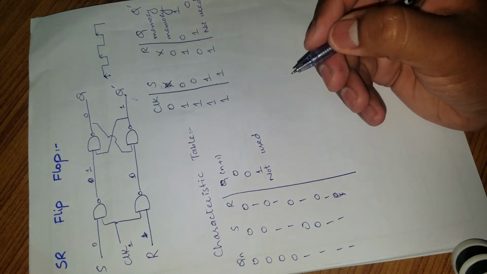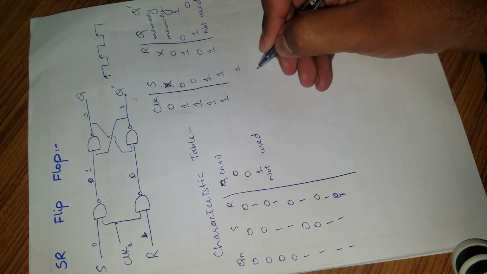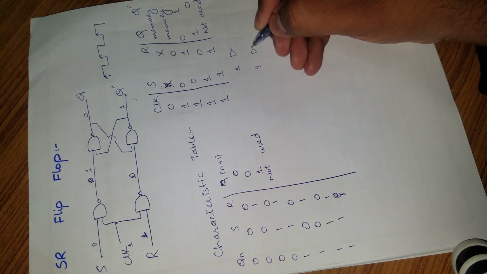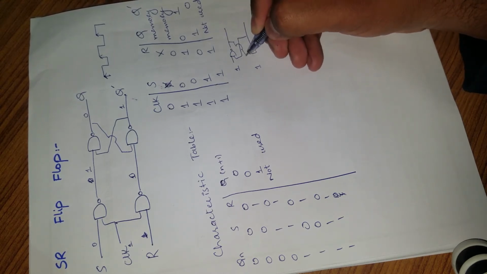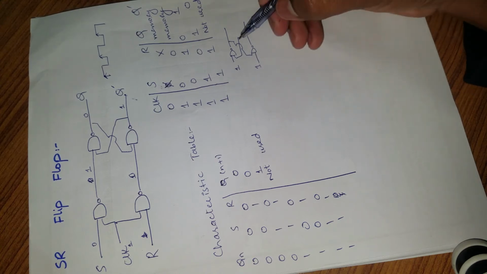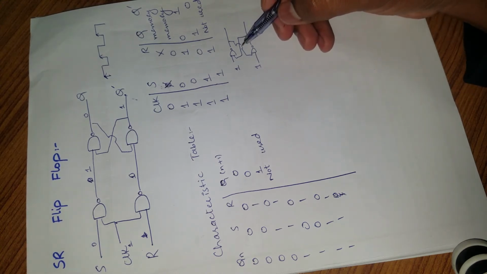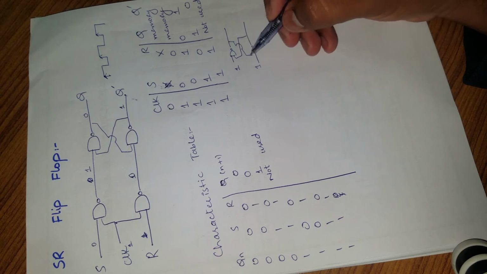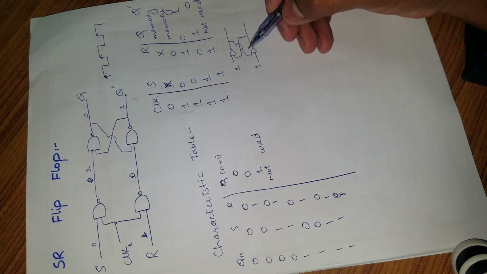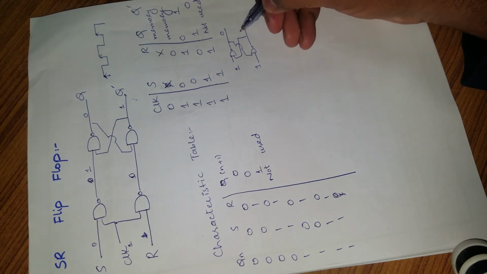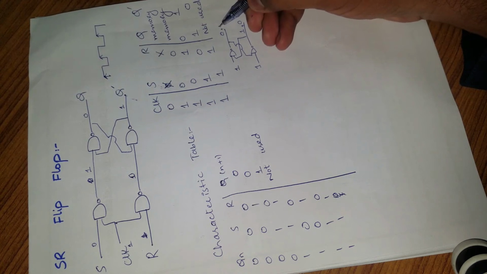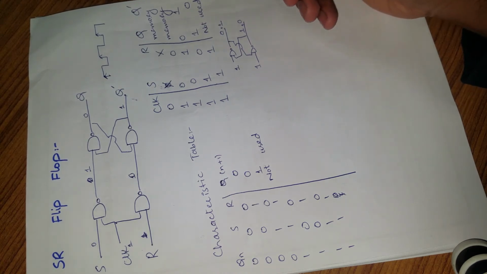Why is this combination not used? Because when both inputs to the NAND gates are 1, we don't know the output. As you can see in the circuit, I have also drawn it again. When we have 1 1 input, we know that with 1 0 we have output 1, but with 1 1 we can have 0 or 1 on the output side. If I consider 0 output here, then this output will be 1. But if I consider 0 here, then this output will be 1. So we don't know which combination will come at the output, so we don't use this condition.